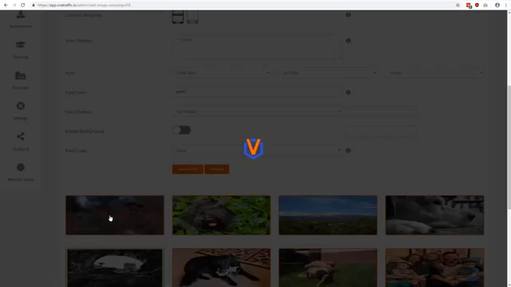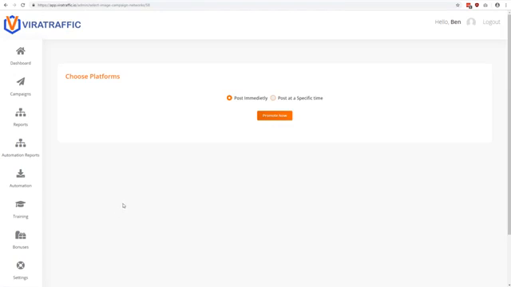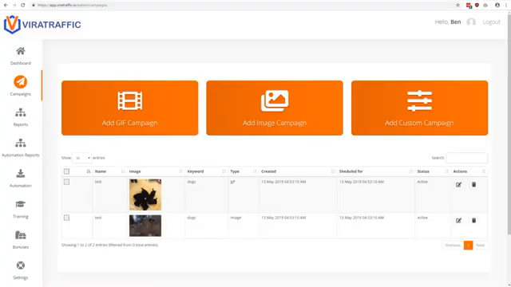So let's go ahead and just click on the first one here. And you can see it's the same where they simply select the platforms that they want to post on. I don't have any platforms added, so there are none. And then they're given the option to post immediately or post at a specific time. So again, I'm just going to go ahead and click back on campaigns,